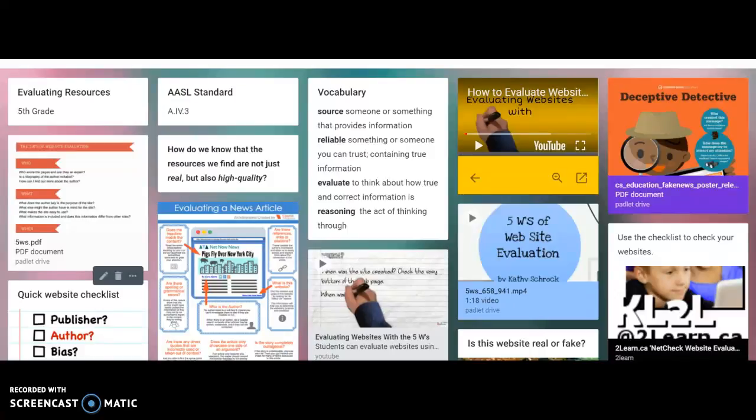Today, we are going to be focusing on evaluating resources for research. The objectives for this lesson are for students to compare information about sources to determine if they are appropriate to use. Students will identify features of a source to help determine its credibility and reliability. We will discuss how to know if the resources we find are not just real, but are also high quality